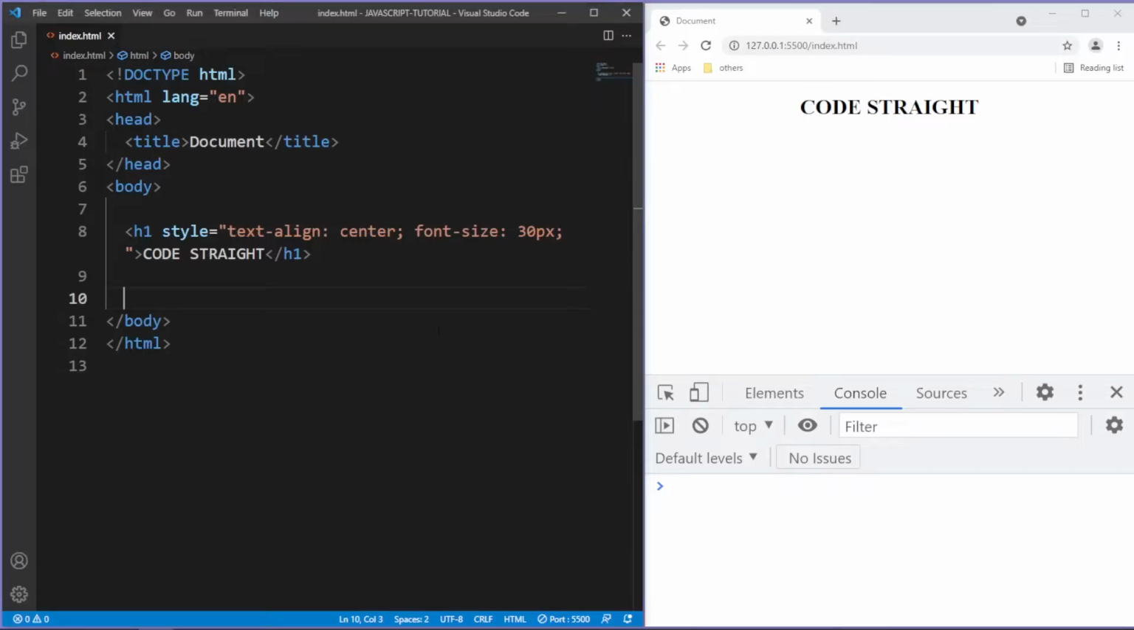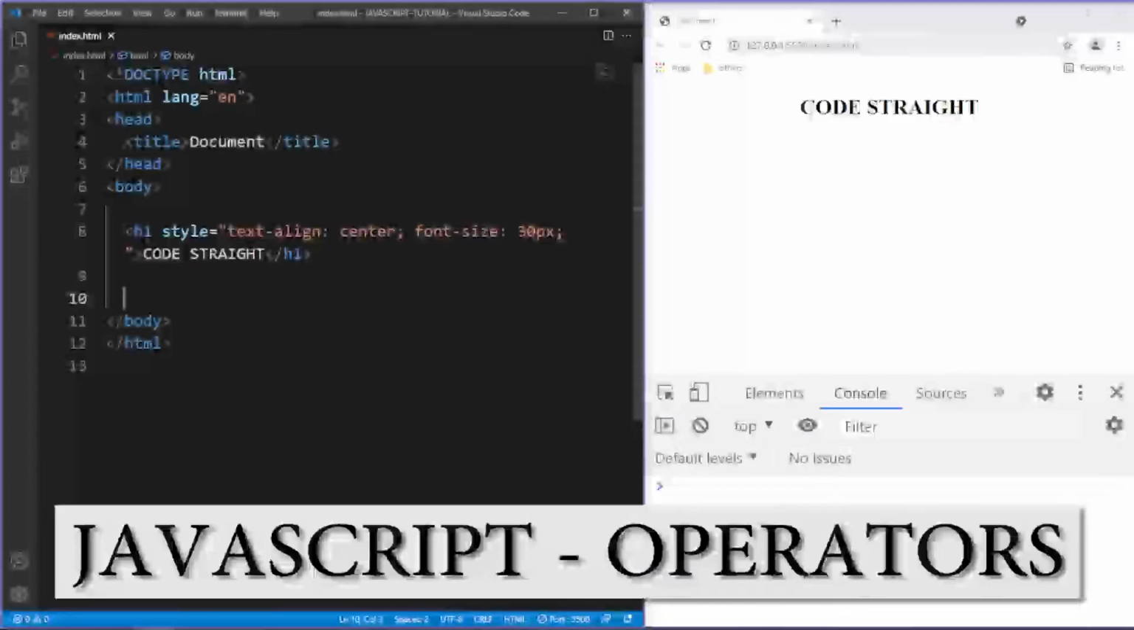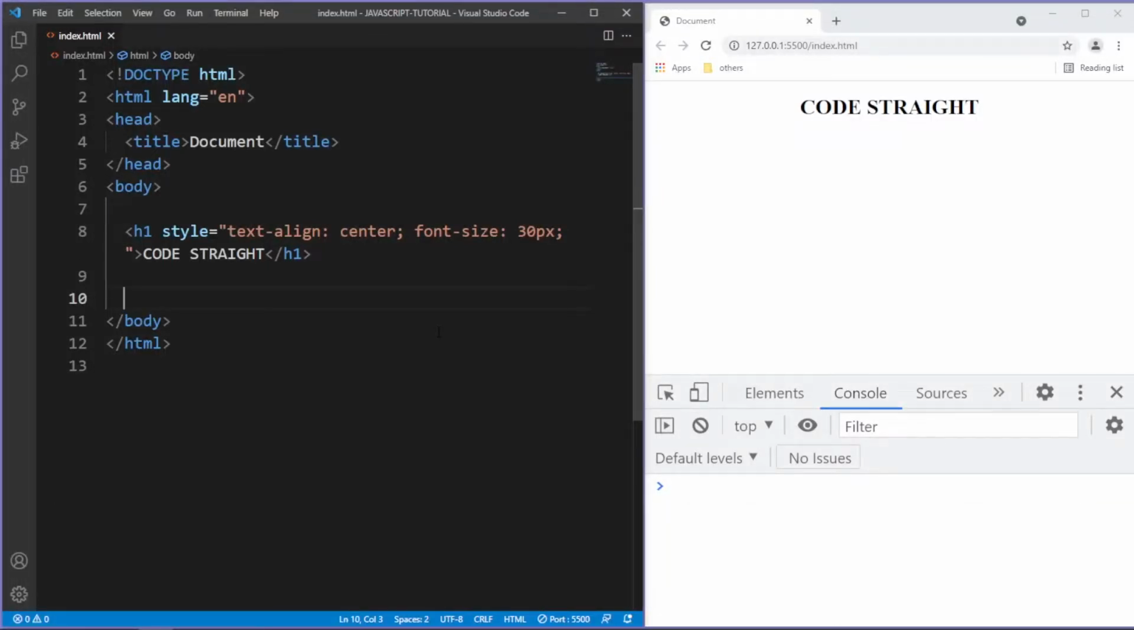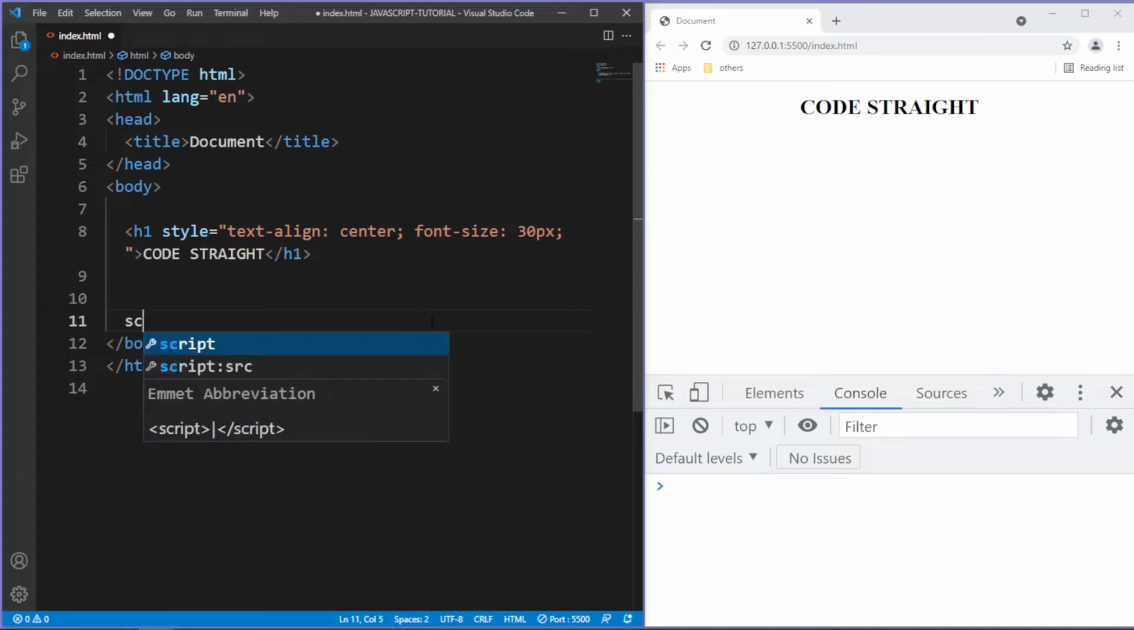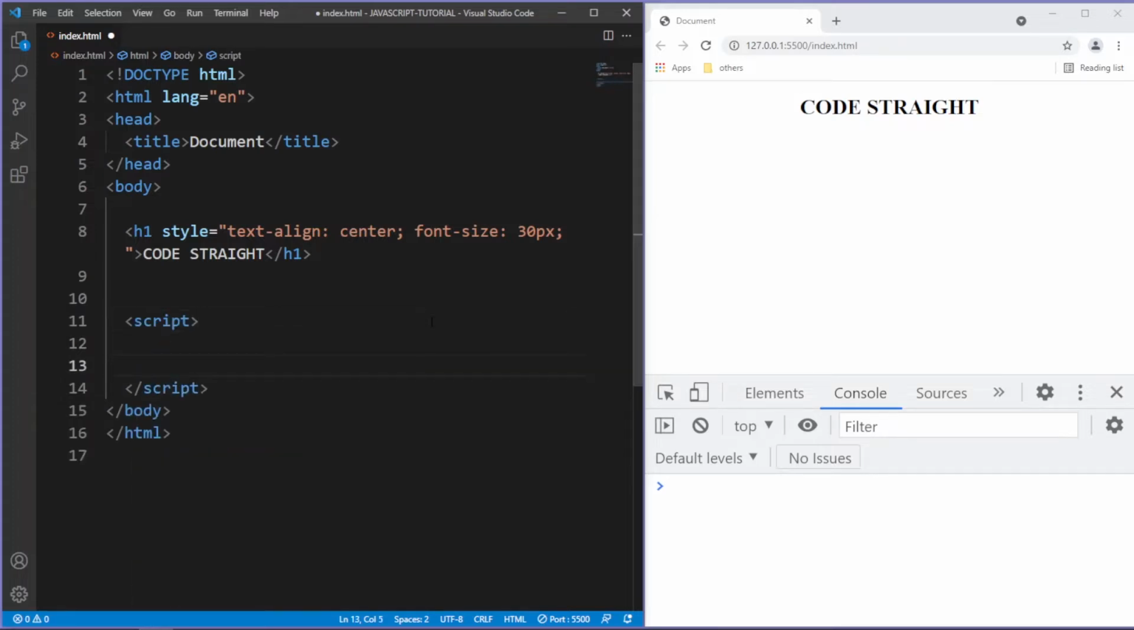Hello everyone, in this video we are going to go through JavaScript operators. We have various types of operators. First of all, we'll discuss arithmetic operators, and for that I'm gonna add a script tag, and within